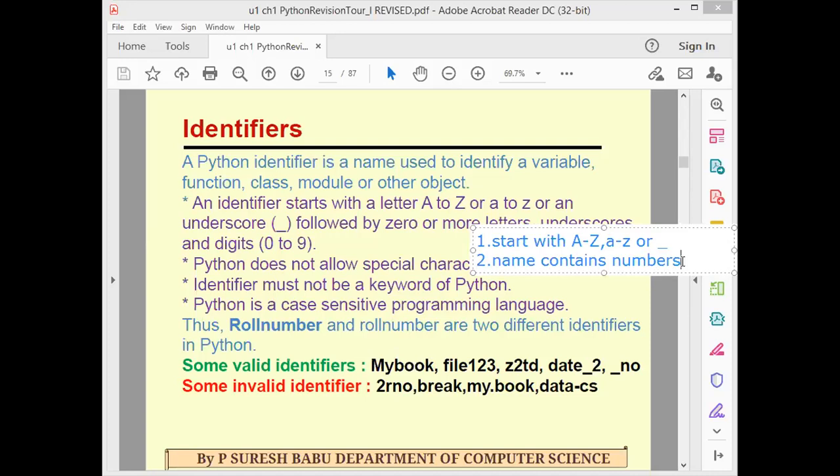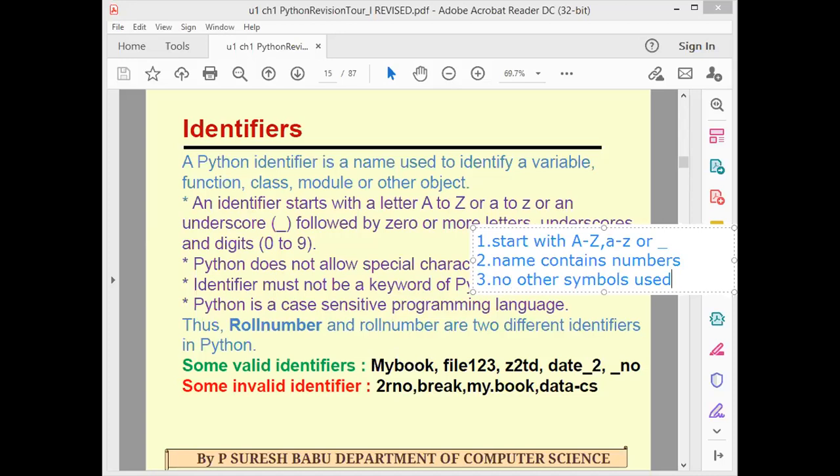Students understood? Yes, sir. Third one: it should not contain any other symbol. No other symbols are allowed in an identifier. This is the third one.